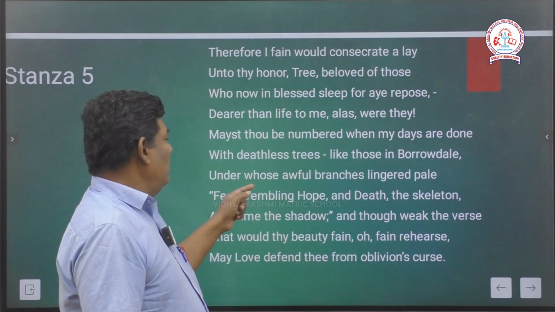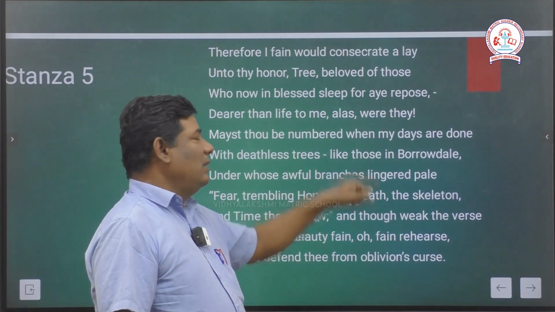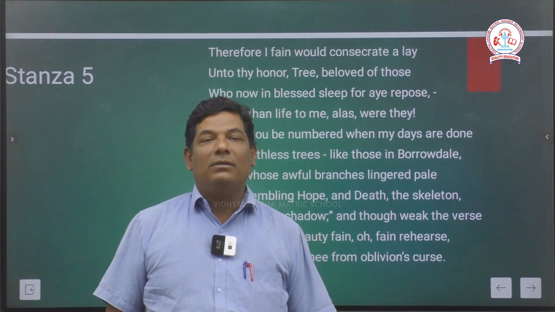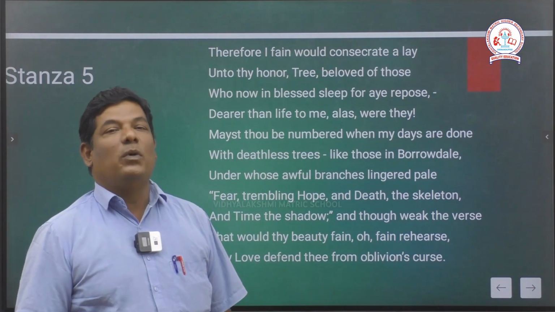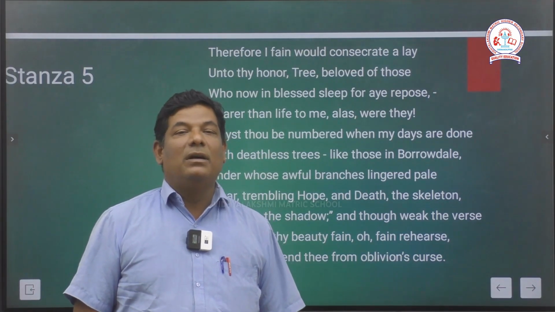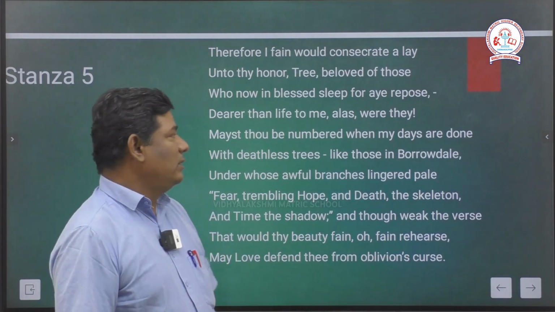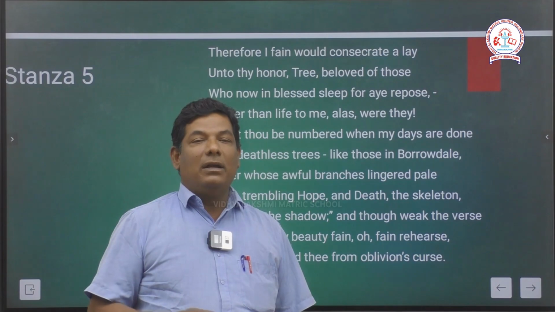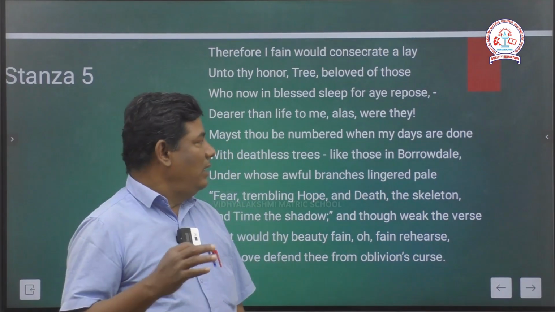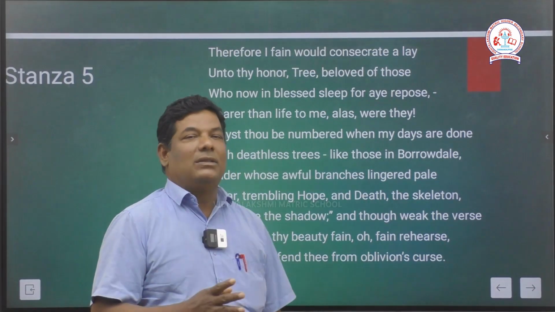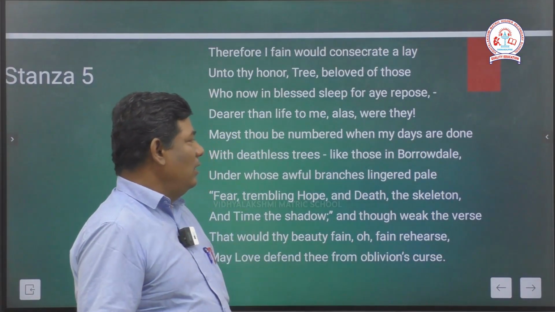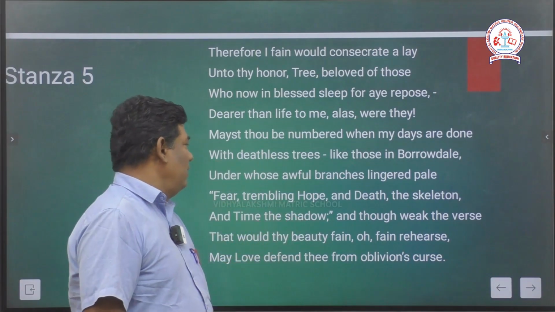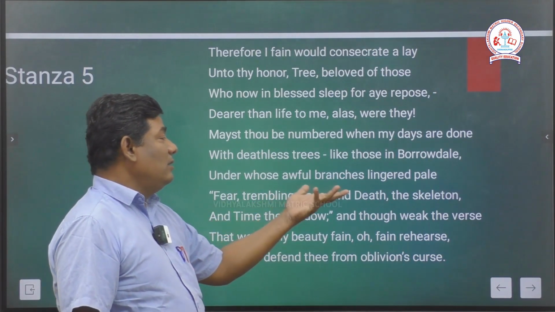under whose awful branches. It's a literary allusion. Please remember, this Borrowdale is a literary allusion. You know, the famous British poet William Wordsworth has written a poem about yew trees which are grown in Borrowdale Valley, and he declares that yew tree as deathless, ever living. Similarly, she also declares this tree as deathless tree and ever living tree, whose awful branches at any lingered pale